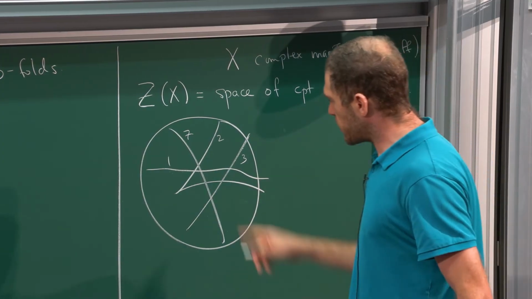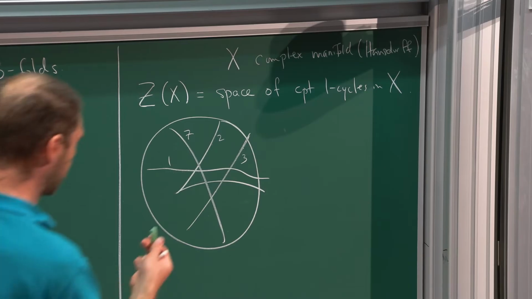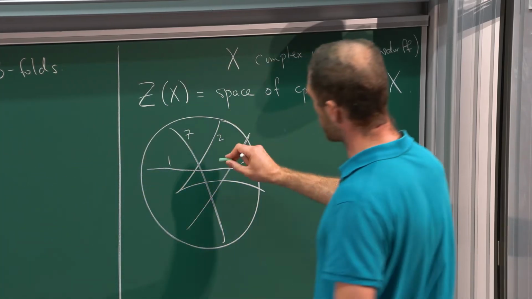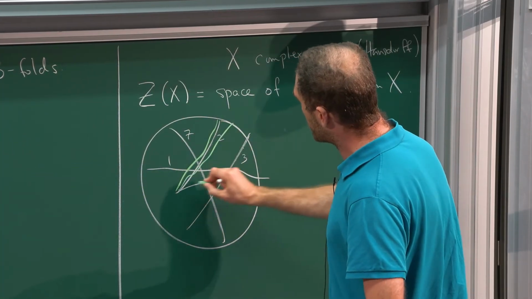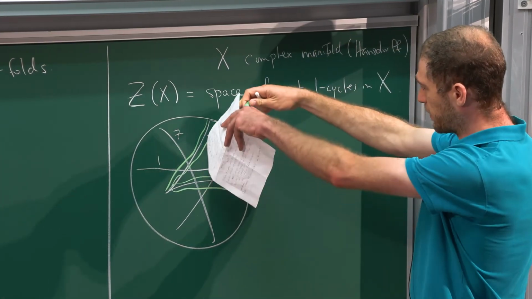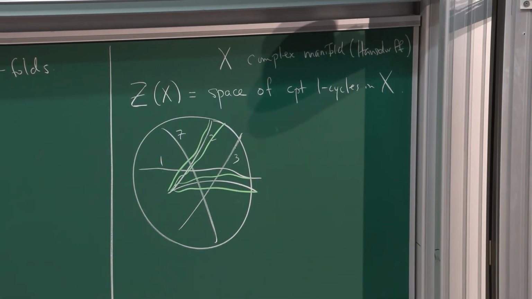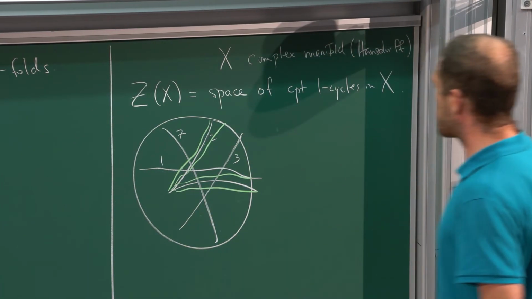So a nearby point here, you can have a green chalk on a green board. We'll see how legible that is. So this curve of multiplicity 2 can split into like a double cover that moves off of it. Okay, so this is